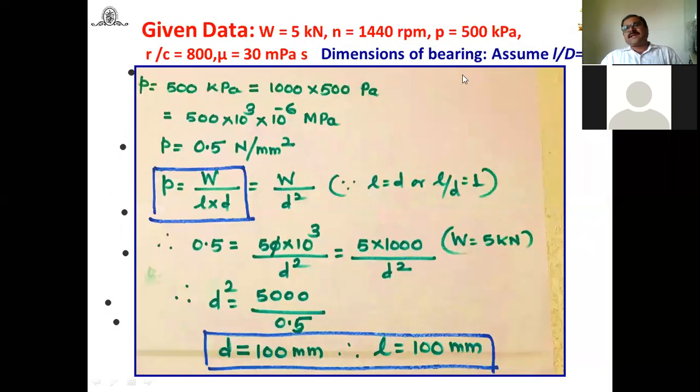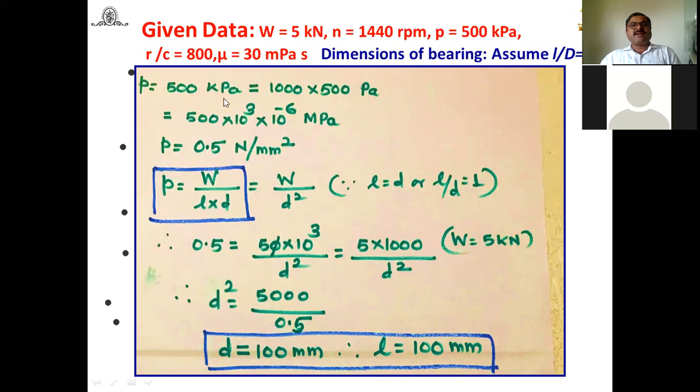Now in this case, L by D ratio is not given, or length of bearing is not given, diameter of the bearing is not given. So what do you have to do? In an earlier session, I have already told that if bearing L by D is greater than 1 or less than 1, whether it is a short bearing or a long bearing. And if we don't know, you have to assume L by D is equal to 1 or less than 1. So now assuming L by D is equal to 1, it's a square bearing. That means length L is maybe 50, D 50, or 100, but the ratio, it's a square type bearing.